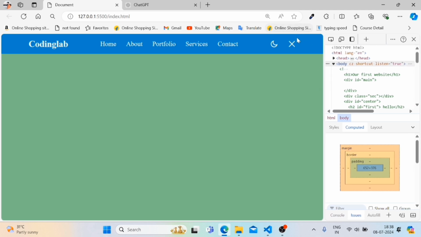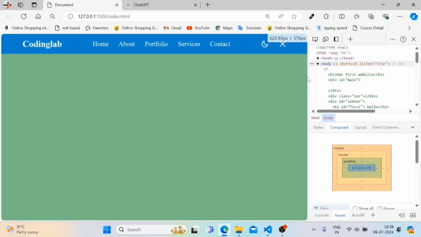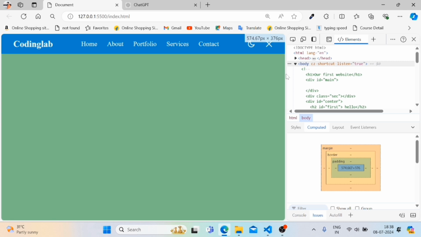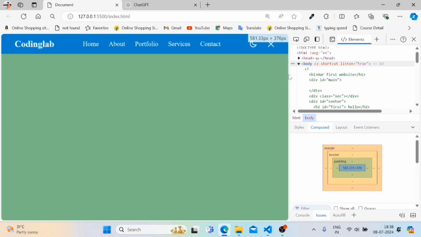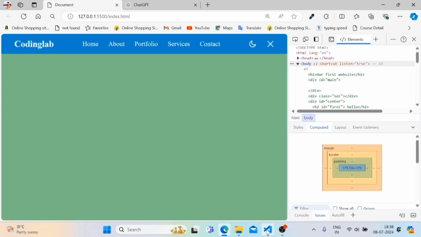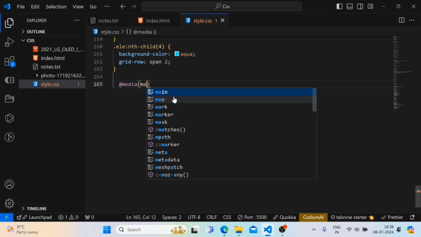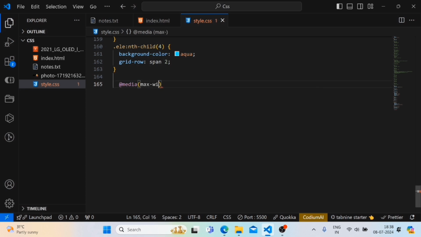You can see here it is showing the screen size. Our website is looking perfect till 578. So we will make it responsive from 580. So we'll give here max width 580 pixel,